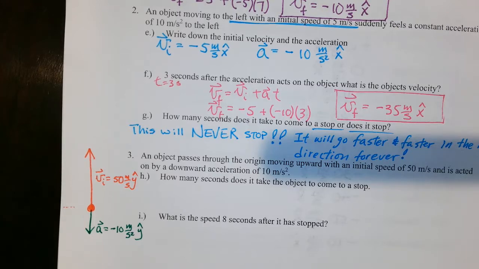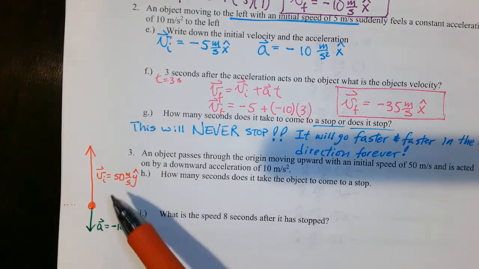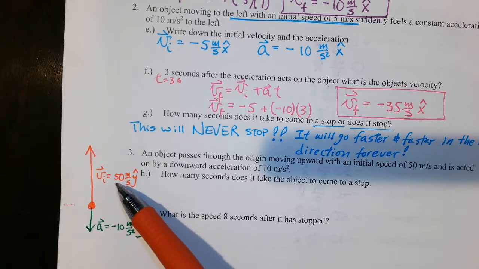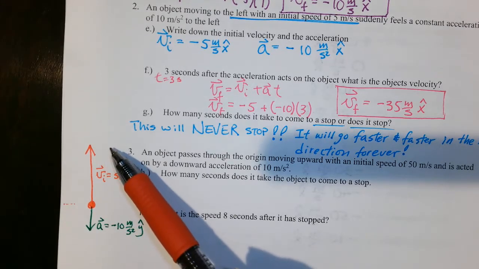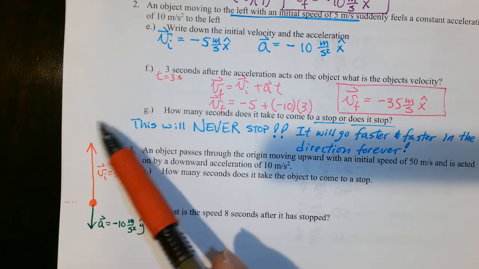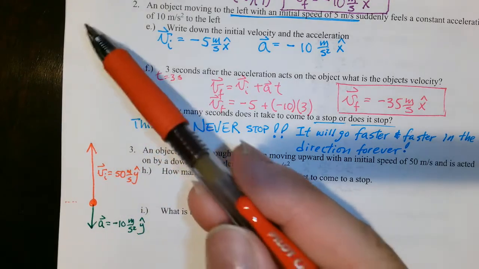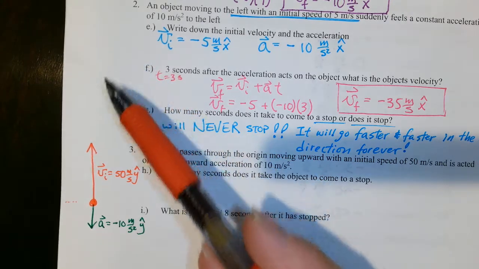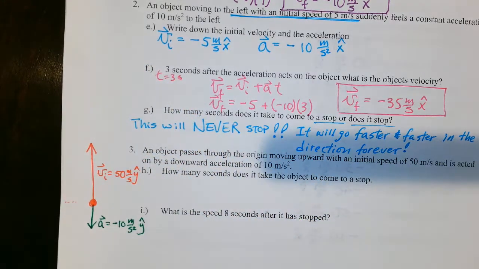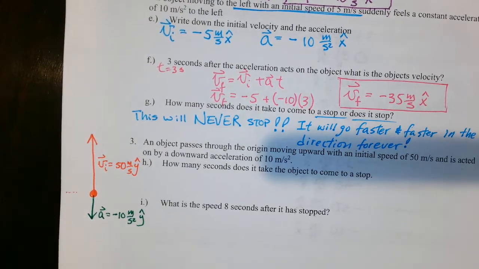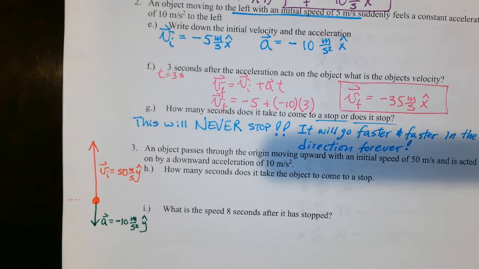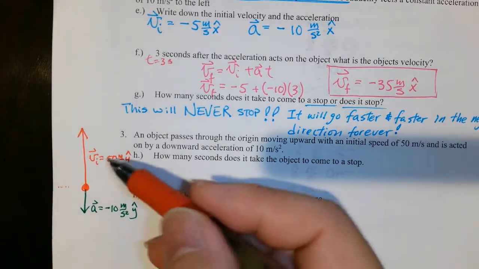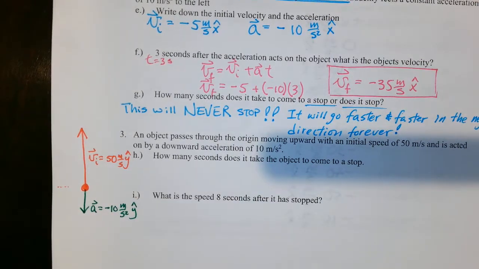You could predict that it's going to be 5 seconds, because 1 second later it'd be traveling at 40, 2 seconds later 30, 3 seconds later 20, 4 seconds later 10, 5 seconds later it probably stops instantaneously. Then it'll be -10, -20, -30, -40, and so on meters per second as time progresses. So we could predict that it was 5 seconds, but let's see how it works out